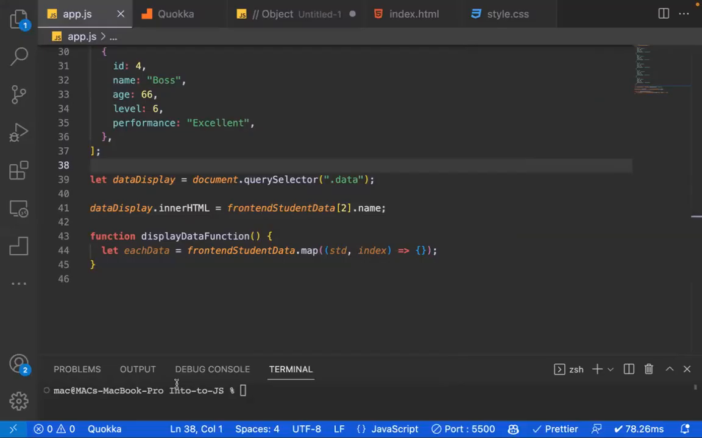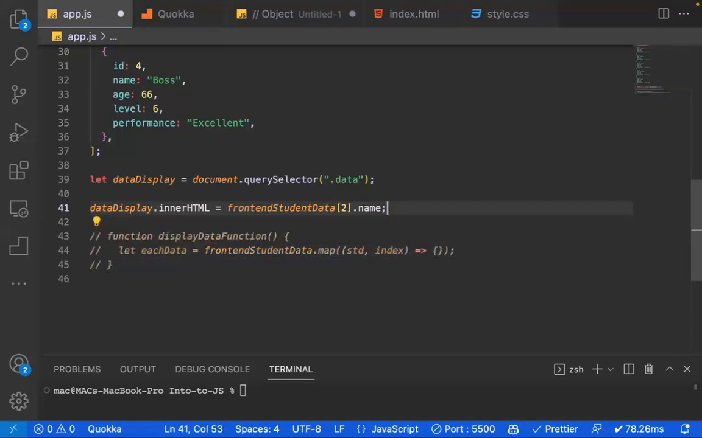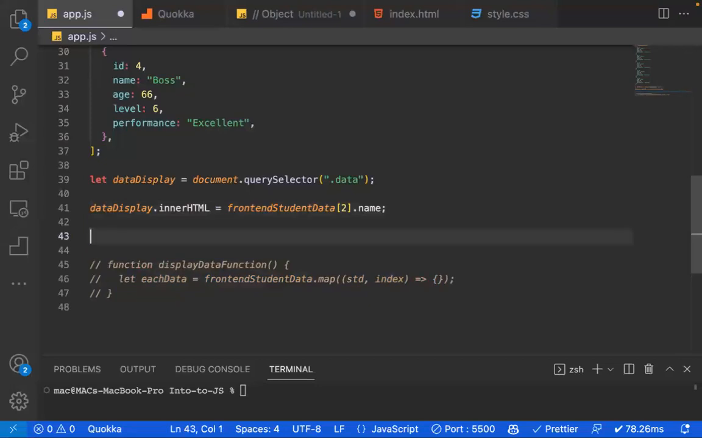But in my case, I don't want to do this because I want to get all the names at once. I want to display all of these names at once. So how do I do that? I have to map through my front-end student data and then do what? And then return what? Return the names. So let's assume I don't want to use a function, so we don't get confused. I would say, let's